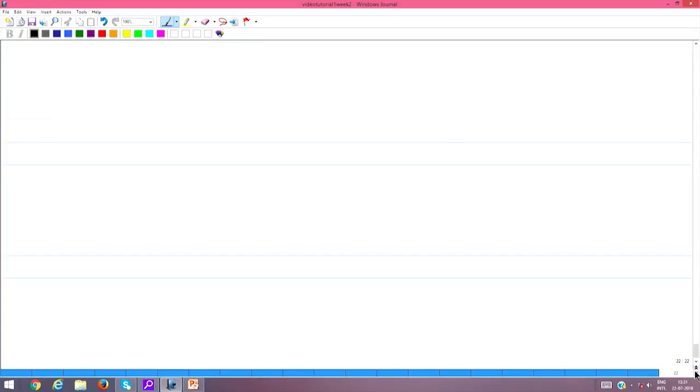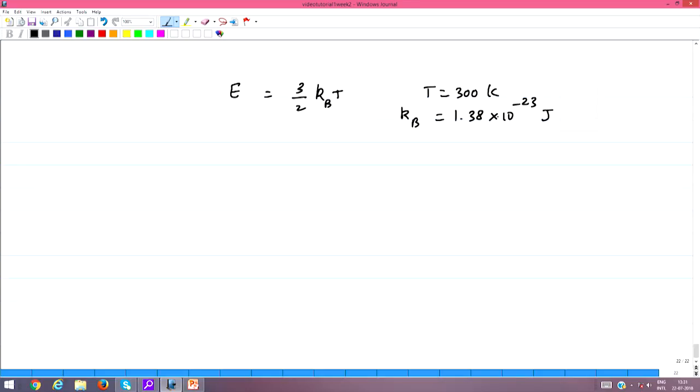And you would see that the quantum number corresponding to this value of energy 3 by 2 kBT for the electron in a box of 1 centimeter is ridiculously high. Therefore, you would see that it is not a quantum state, it is almost like a classical state. Let us see quickly what that is all about. Okay. So, when you say that the energy E is 3 by 2 kBT and T is 300 Kelvin and kB is 1.38 times 10 to the minus 23 joules. So, you know what kBT is,